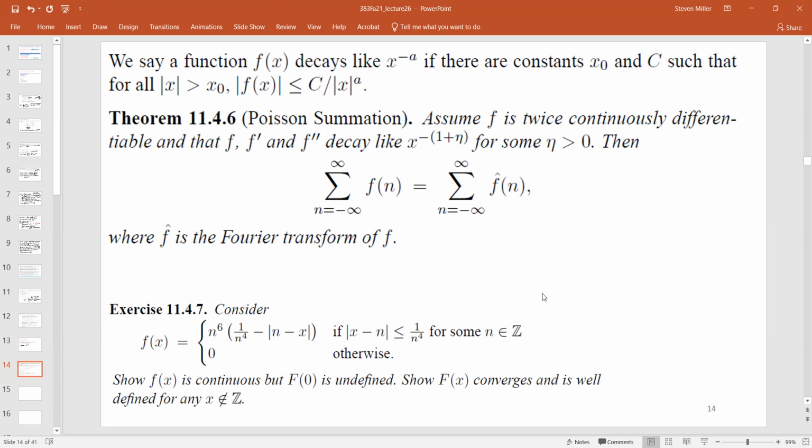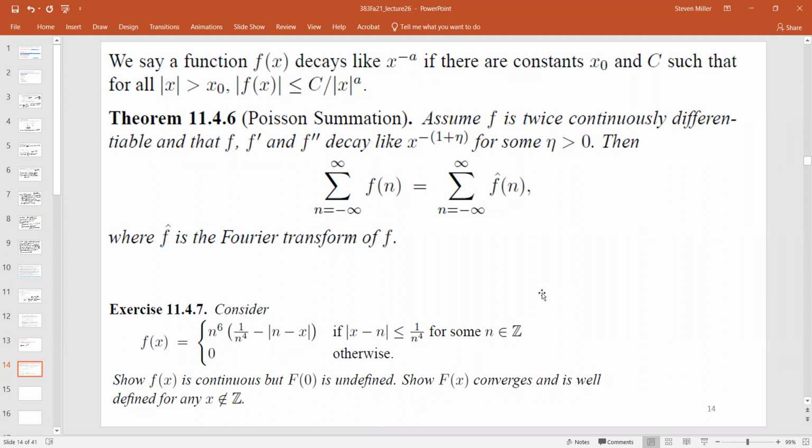And I'm going to write a as 1 plus beta. The reason is, if I try to integrate the function 1 over x, or sum the function 1 over n, it's infinite. But if I do 1 over n squared or integrate 1 over x squared, that's finite. I don't have to go all the way up to the square. I just need an exponent slightly larger than 1. So if I go up to x to the negative 1 plus eta, for any eta greater than 0,